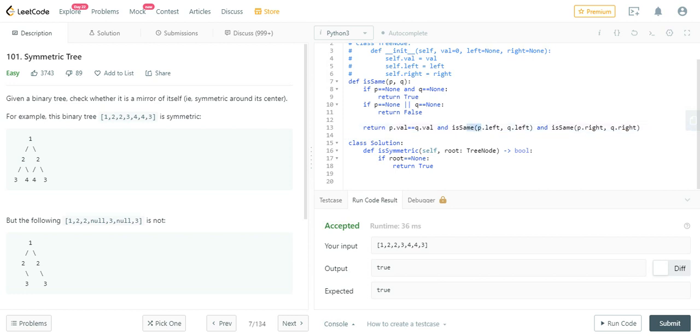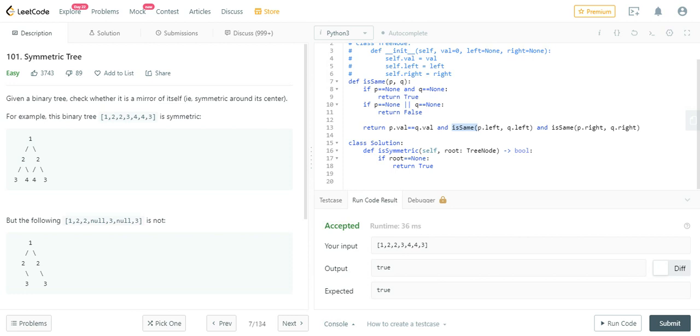If we had to check just whether the trees are the same or not, we would check if the left side tree of both trees are the same and the right side tree of both trees are the same. Then it is done. But in this case, what do we need to check? We need to check whether the left subtree of the first tree, that is the given tree, and the right subtree of the other tree are the same, right? Because we have to check for a mirror image, not only for the same elements. We have to check if we can get the actual tree back by doing the mirror image, right?